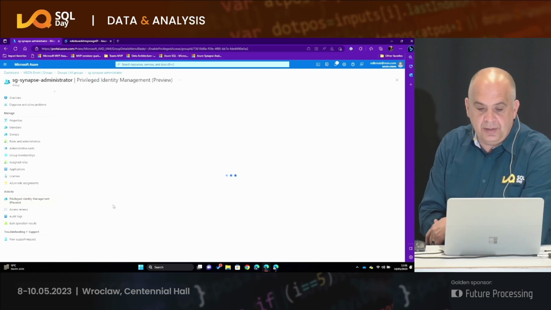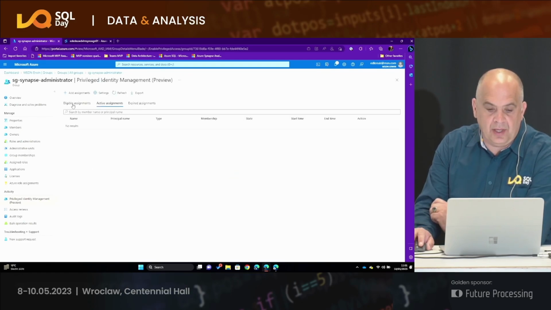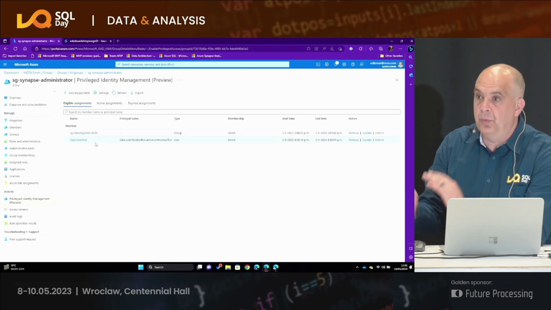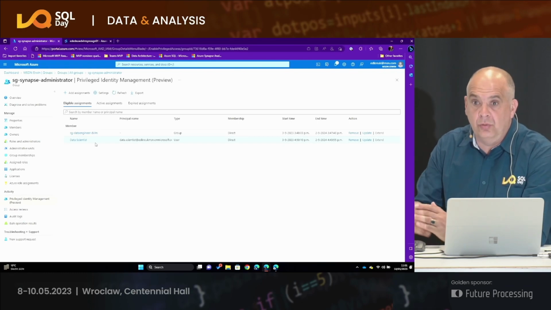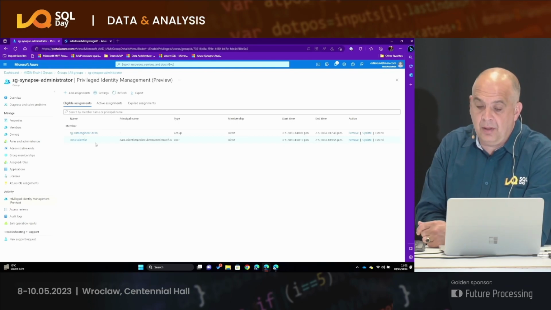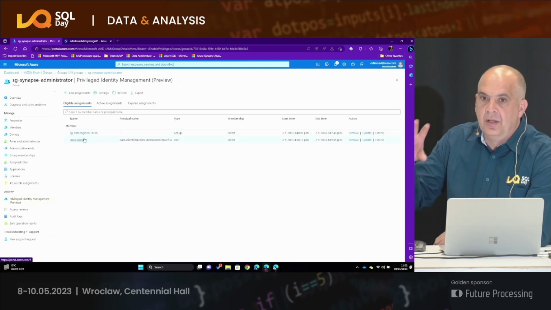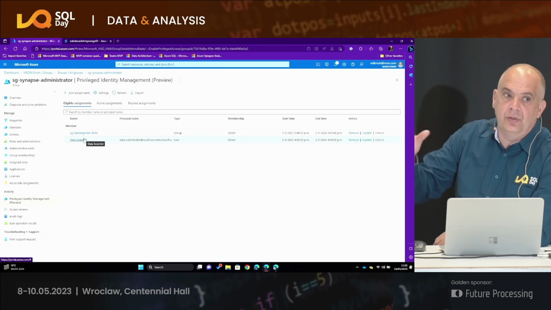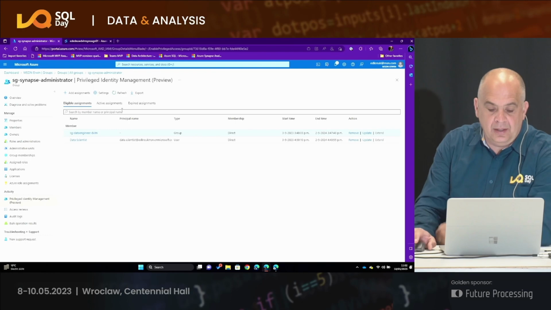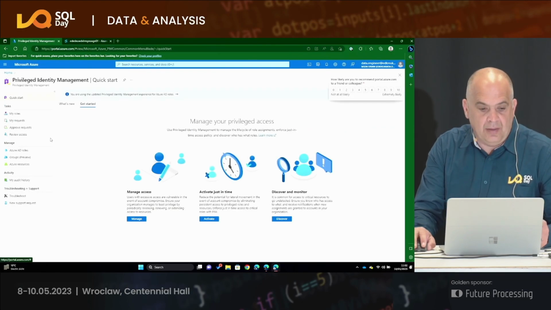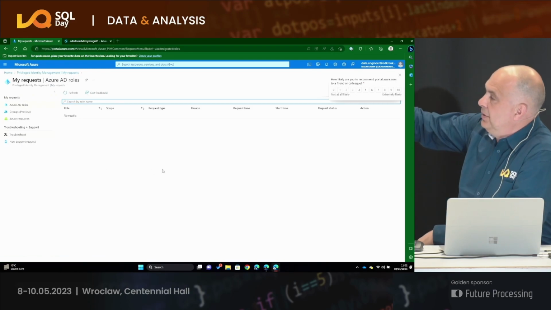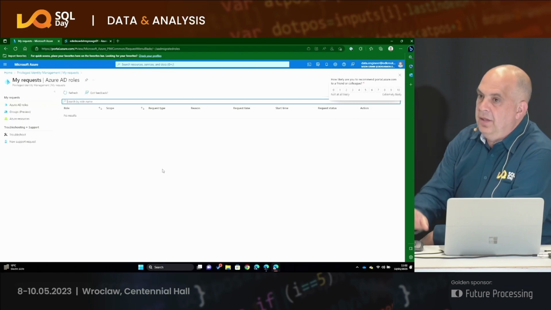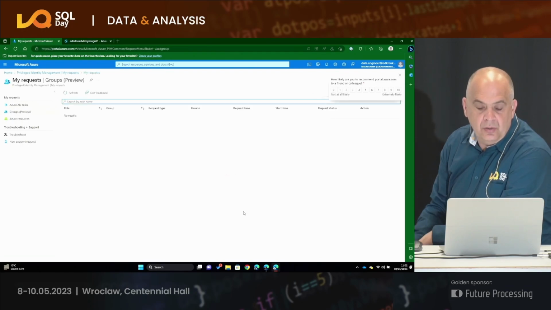I have an activity over here, and I said, okay, I have some assignments which people or which roles are allowed to execute that PIM access. As you can see, I have a data scientist over here, but I have also a group of data engineers. So you can use both. You can use users, or you can use a group of users in there. And then if I go to the data engineer, I will go to my request. And now, by default, you will see that it is empty because it's the screen with the Azure AD roles. You need to click on groups, and now